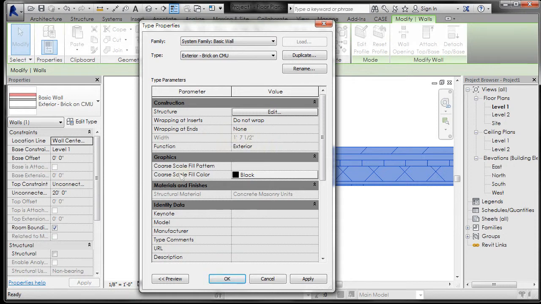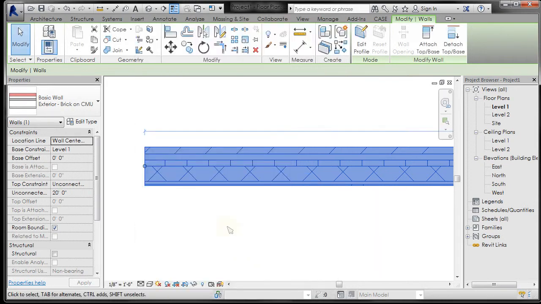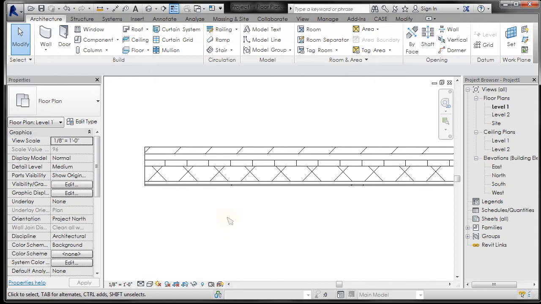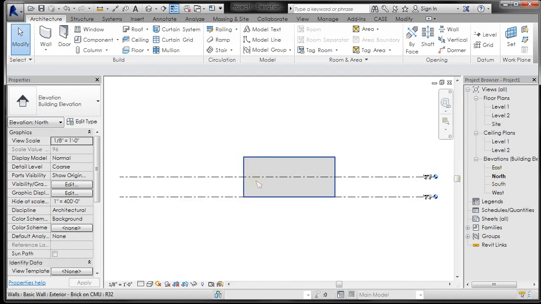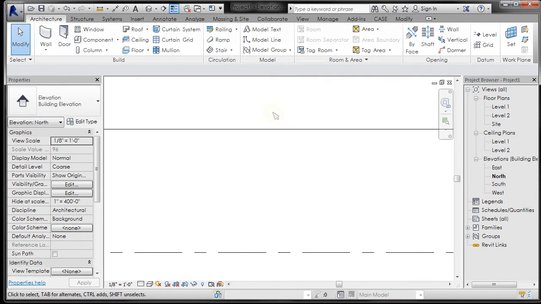Here's the function of the wall, there's a coarse scale, fill pattern, and some different information here. Alright, so that's a basic sort of structure of the wall, so I'm going to click OK. Now, if I go into my south elevation, or let's go into our north elevation. Alright, so there's that wall, and if I zoom in on it, you're going to be able to see that